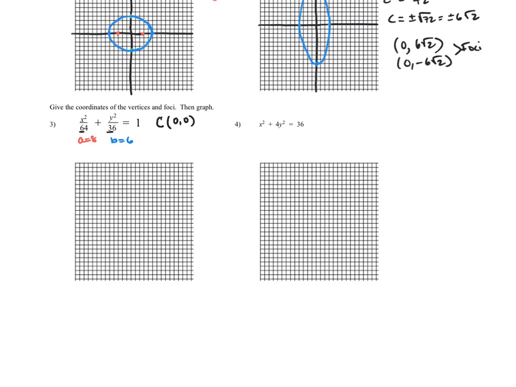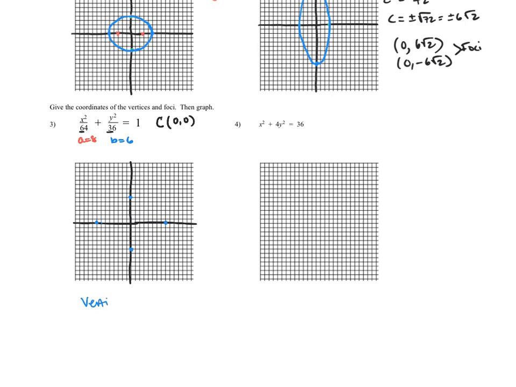So we'll go ahead and draw our x-axis in. Since our a value is 8 and it's under the x squared, we'll go ahead and count 8 to the right and 8 to the left. And then since our b value is 6, we can count up and down 6 on the y-axis. So now we know that our vertices